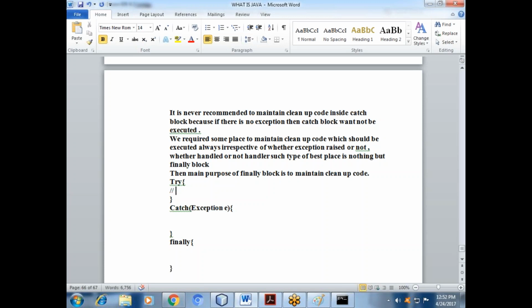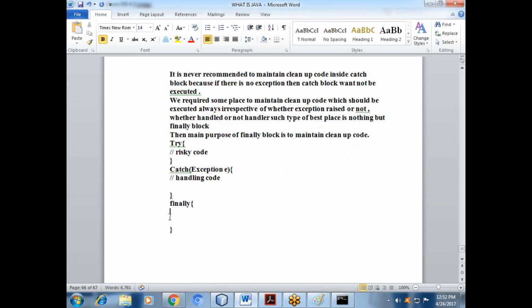Inside try we pass risky code, inside catch we pass handling code, and then in finally you will pass cleanup code. Got it? Some idea or not?